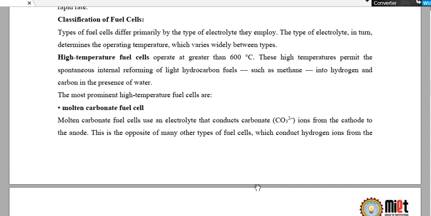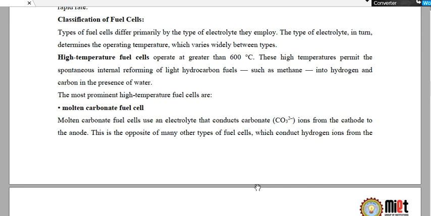The topic of this video lecture is Fuel Cell Part 2. So, in the first part, we talked about the definition of fuel cell and its basic working principle, taking the example of hydrox or H2O2 cell. And we also mentioned in that video that several types of fuel cells are available. So let's see its different types.